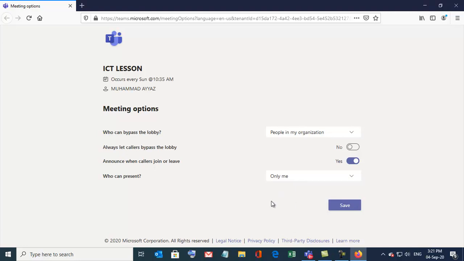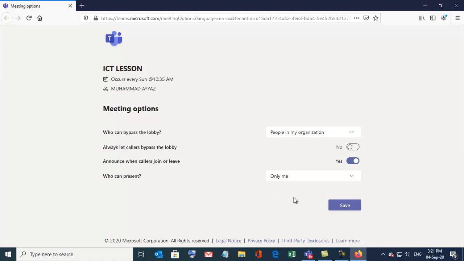Now no one will disturb you. No one has the ability to mute your mic, and no one has the ability to mute other mics as well. Students can mute themselves only or unmute themselves, that option is still there.